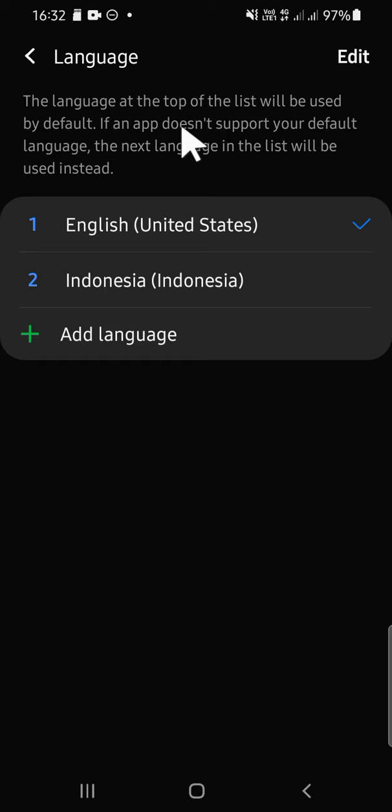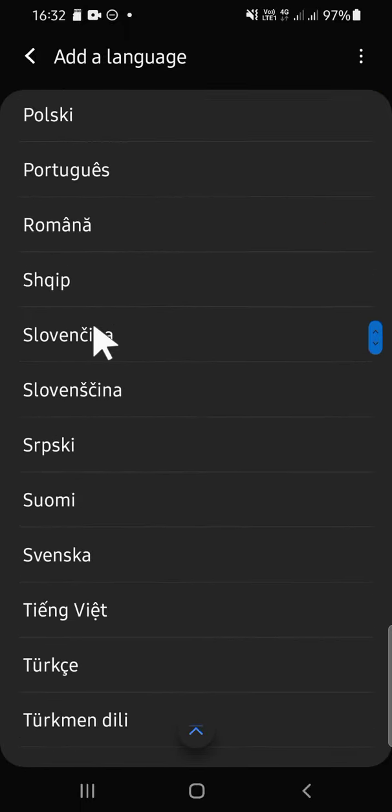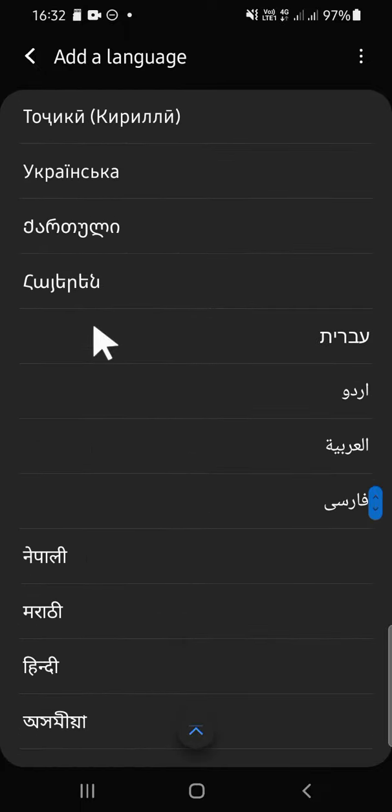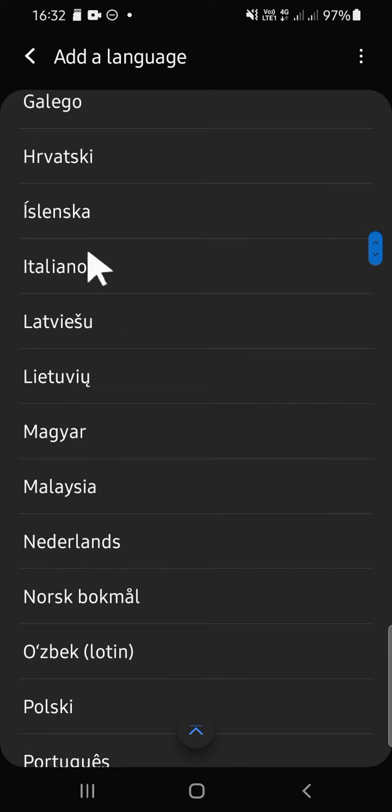But if the language that you are looking for is not here, it's not on the list, so you can click on add language right here. Then you can scroll down to find the language that you are looking for. Then after that, you can tap on the language to choose it, and we can go back to the preview